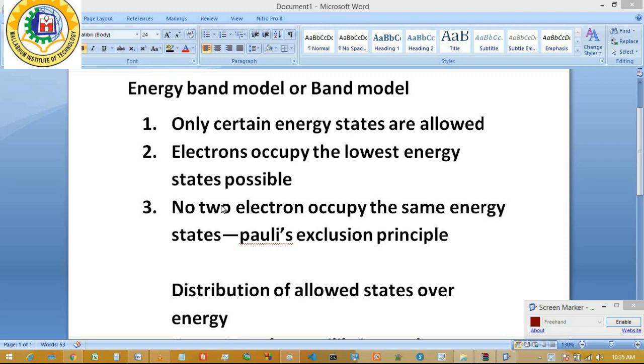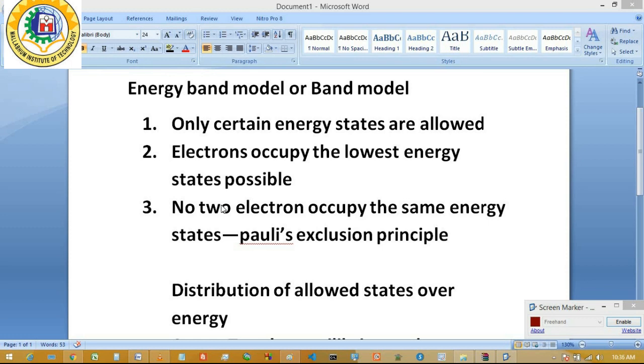So there are a number of energy levels available in an atom, and the band model states how the electron population occupies these energy levels. In more specific terms, we are trying to see how the electrons are distributed over a range of energies, and obviously the excitation is temperature. If we increase the temperature, the energy possessed by the same electron will be higher, and if we decrease the temperature or the excitation, the energy possessed by electrons will be lower.